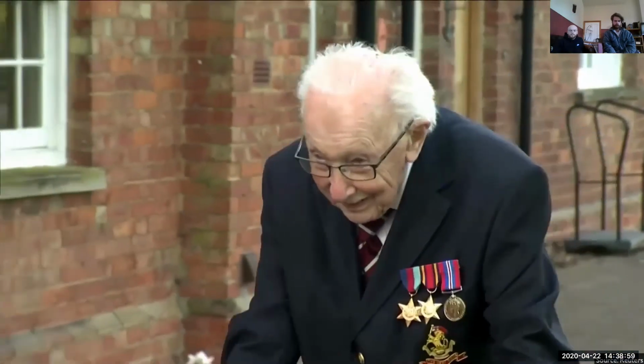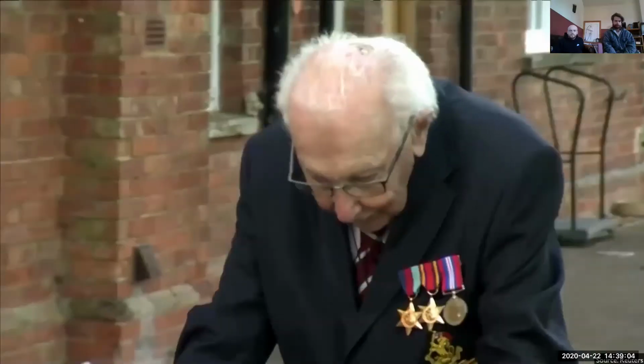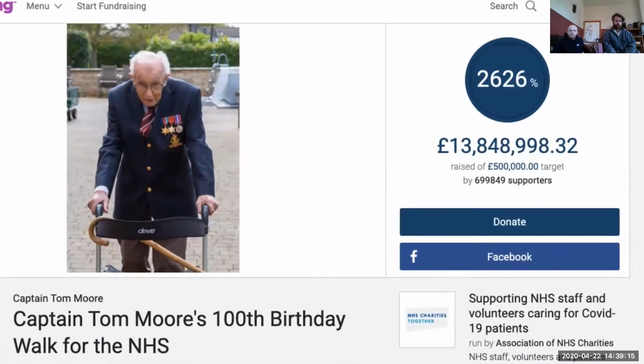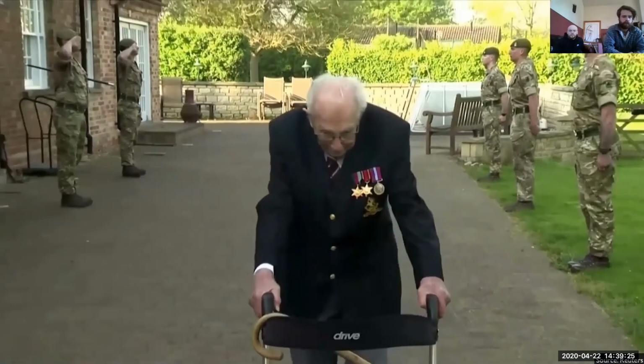A 99-year-old war veteran has walked around his garden 100 times to raise more than £13 million for Britain's National Health Service. At first, Captain Tom Moore wanted to raise £1,000 by finishing the task before his 100th birthday on the 30th of April, but more than 650,000 people from around the world made donations to his fundraising page, which temporarily crashed. With the help of a walking frame, he walked a total of 2,500 meters and finished 2 weeks